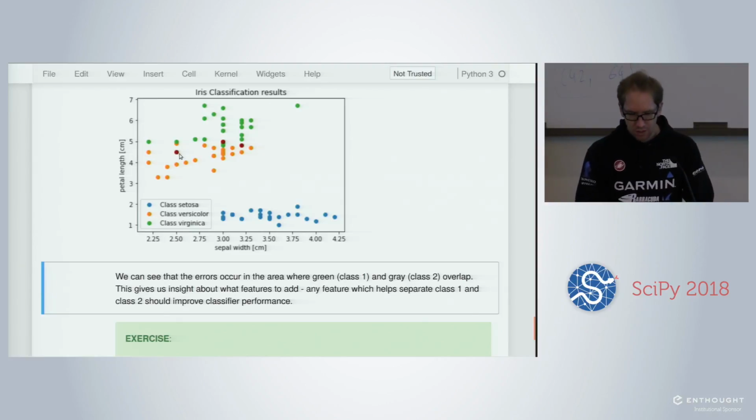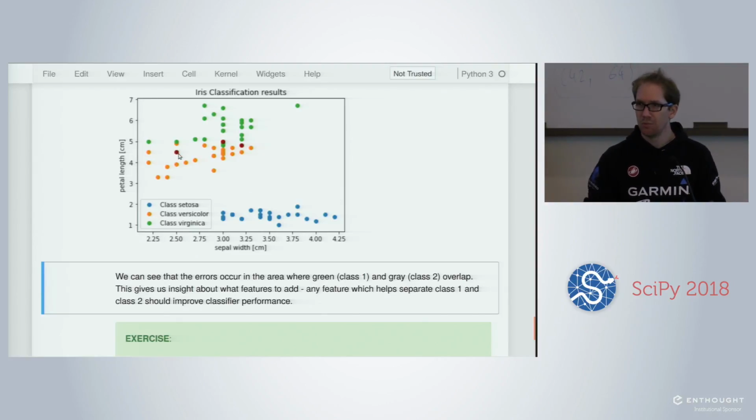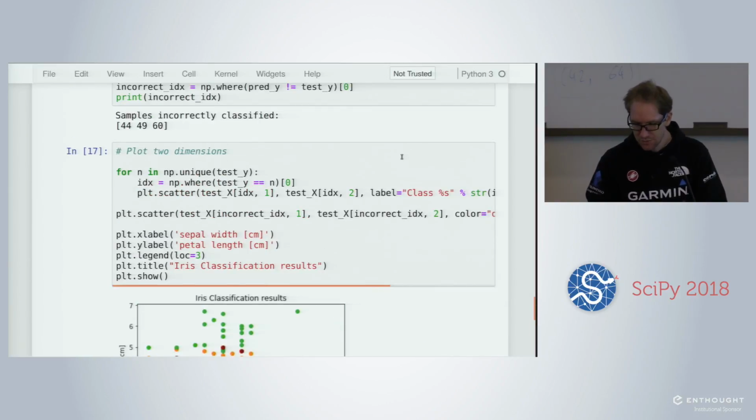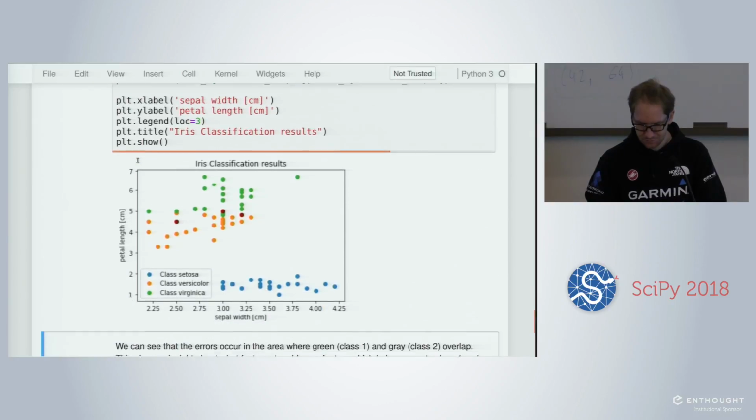And as we did before, we could make 2D scatter plots and choose 2 axes where we want to visualize the data and check which ones, for instance, have not been classified correctly compared to others. So for instance, here we plot our first class, which is the green class, or that's the third one, but the three classes of the flower. And then in red, we plot the misclassified samples.